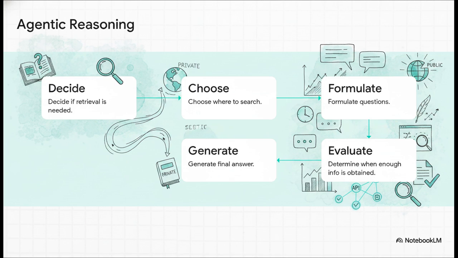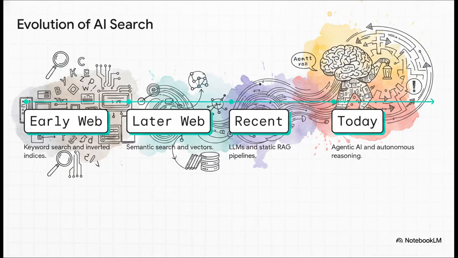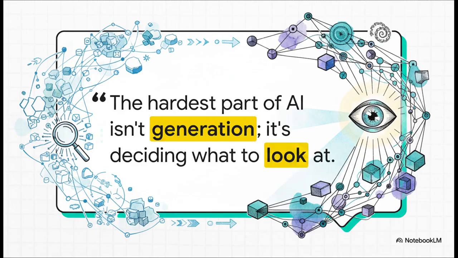It's really incredible. And this brilliantly illustrates the complete evolutionary timeline we've been walking through today. We started way back at the early web, where systems were just dumbly matching exact symbols and keywords. Then we moved to semantic search, where vectors finally allowed machines to understand the math of human meaning. After that, we experienced the massive disruption of LLMs and RAG, which gave AI the power to generate text while tapping into an external memory. And today, we're at Agentic AI, where multi-step reasoning allows the system to actively hunt down the truth all on its own.